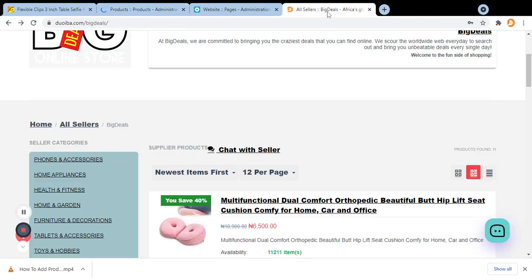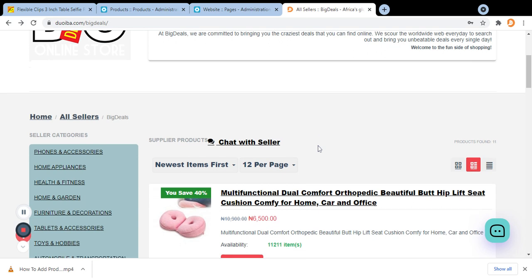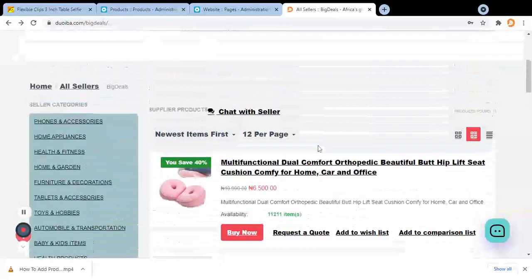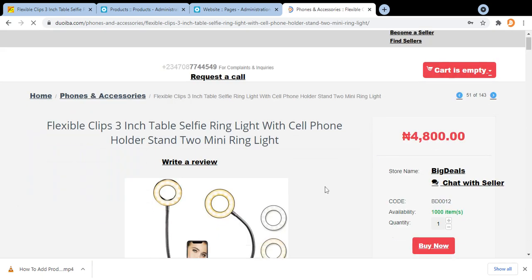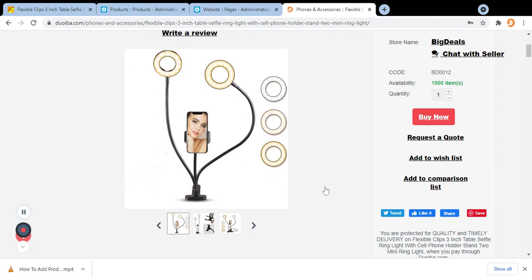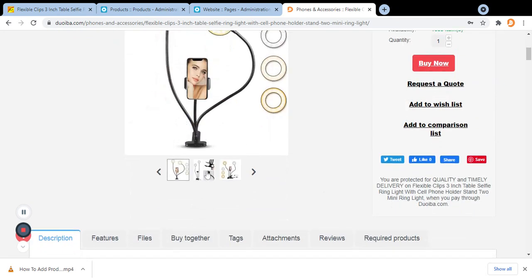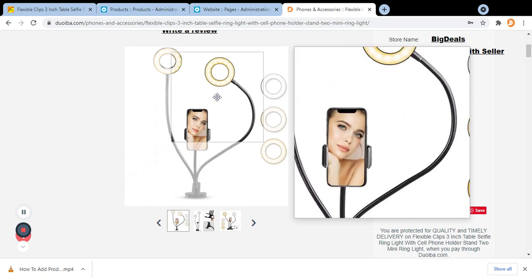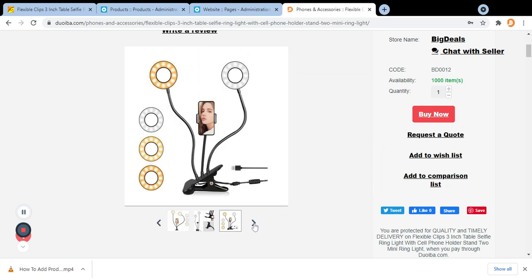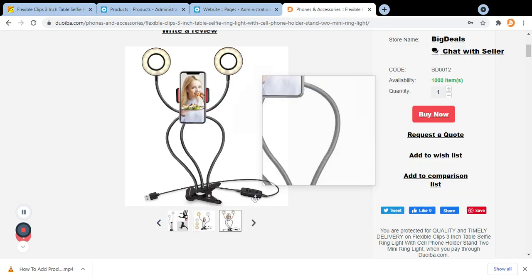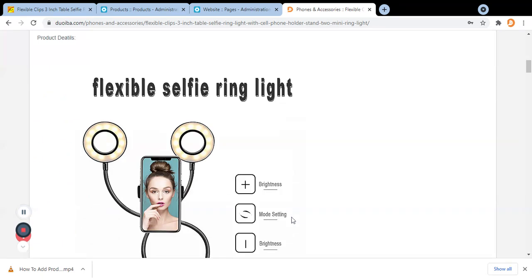Now let's look at your store. This is the store that I'm adding the product to. See, that product is not displayed here. Now let's refresh the page to see how it is displayed. See, the product is now appearing on my store. If you click the product and open, you see all the information, 4,800 naira. The name of the product is there, the images, the smaller images, all the additional images that I added are here for buyers to easily see. As I said, you can add as many as you can. Alright, that's